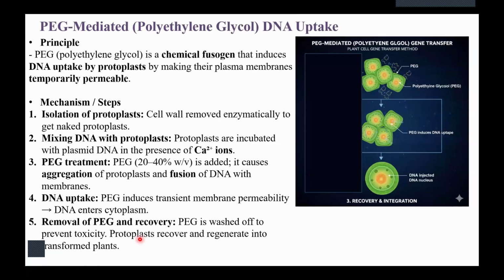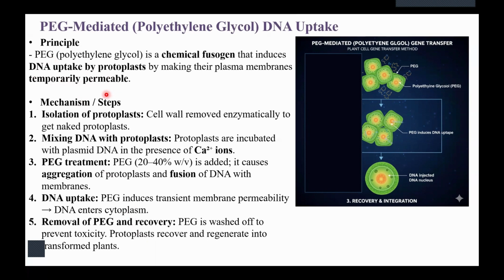Now, the last method that we will be studying is the polyethylene glycol mediated method. Polyethylene glycol is a chemical fusogen, which means it is going to enable the cells to take up the DNA by making the plasma membrane temporarily permeable. So it's going to convert the plasma membrane into a permeable structure so that they can take up the DNA